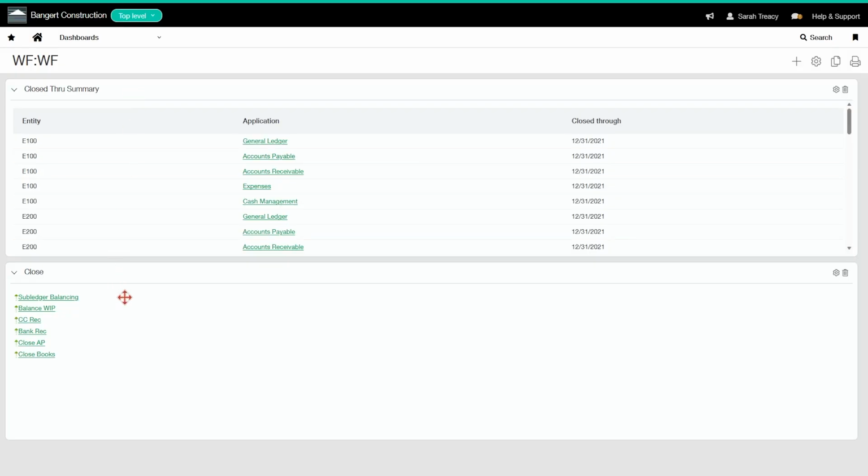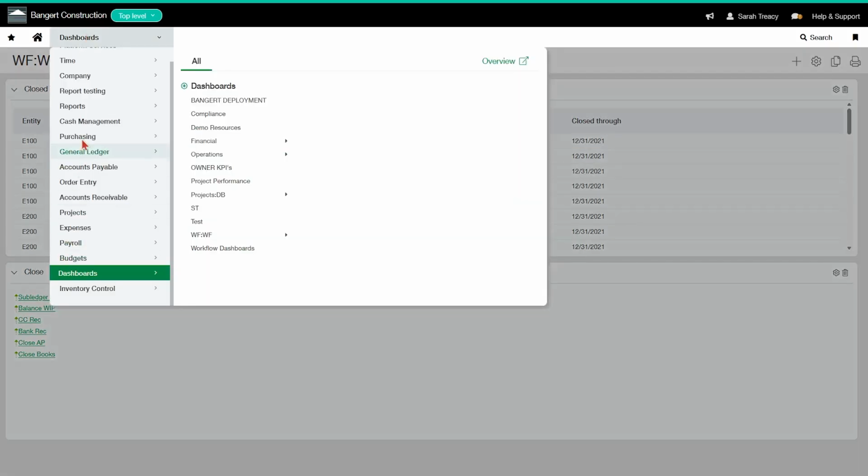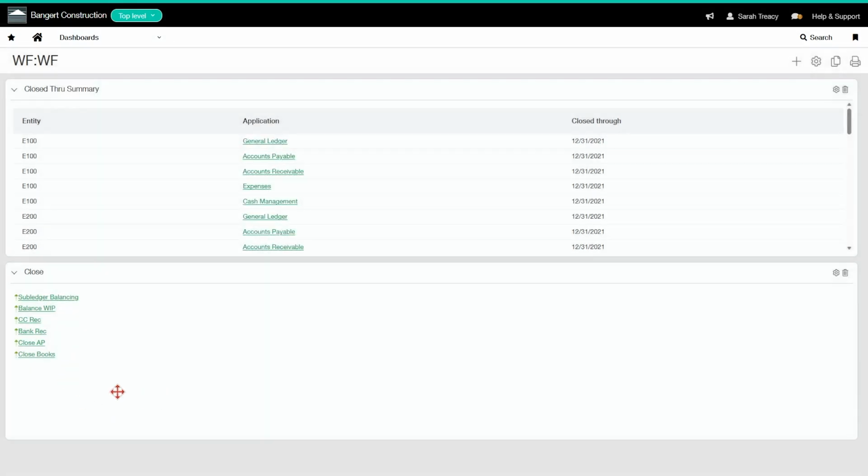So like I mentioned at the beginning, there are companies that have an extremely rigorous process for their month-end close, and something like this is just not going to cut it. You might want to use checklists in that scenario. And we do have videos which go through how to set them up. But even as an individual, if you think that there are certain parts of this that would be helpful, it just saves you from having to click through the system to get to where you need to go. You just come into your dashboard and you click in and you can get your work done. So those workflow dashboards are incredibly useful.